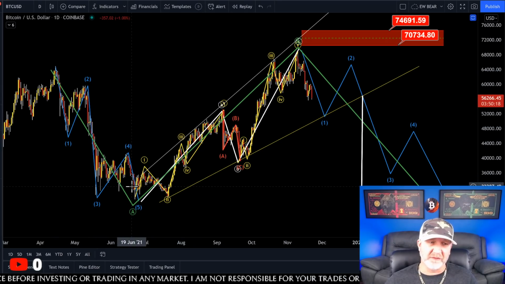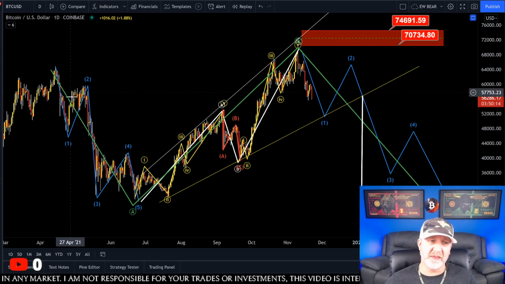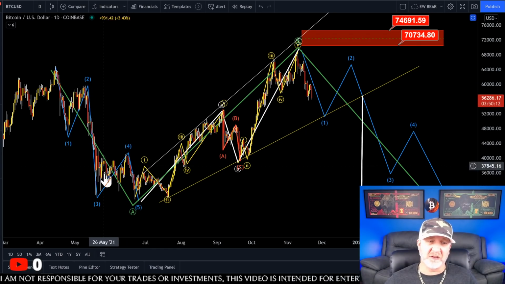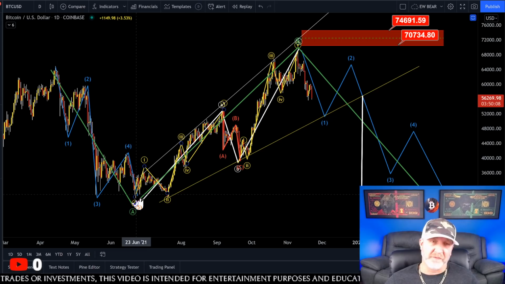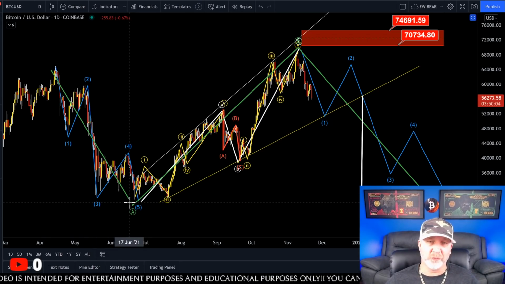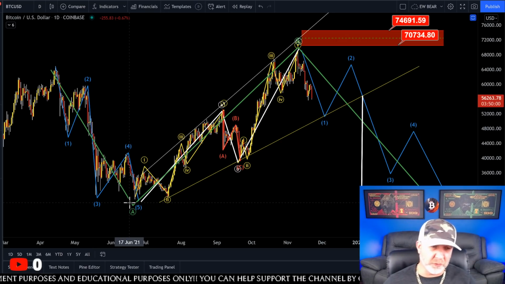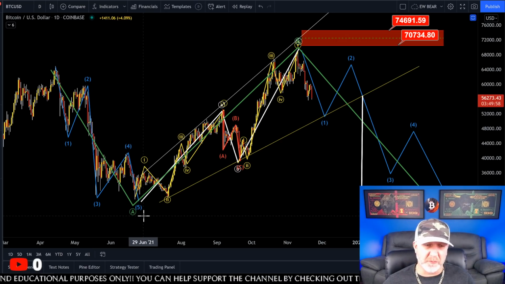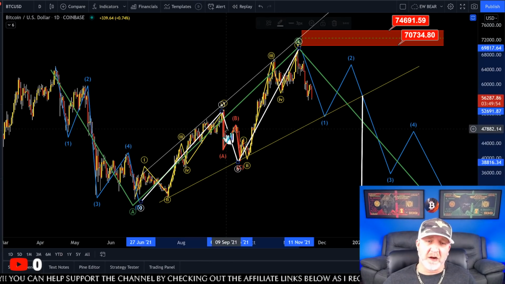Here's our 5 waves down, and then this wave here, you'll find 5 waves also, and then an ABC up, and then we had a triangle for our 4th wave and 5th wave down. If you guys been following the channel for any time, up in here, we called this around 29,000. I thought it would go lower. Once we got down in that range, I thought wave 5 would be a little bit longer, but it was not. But regardless, let's take a look at this.